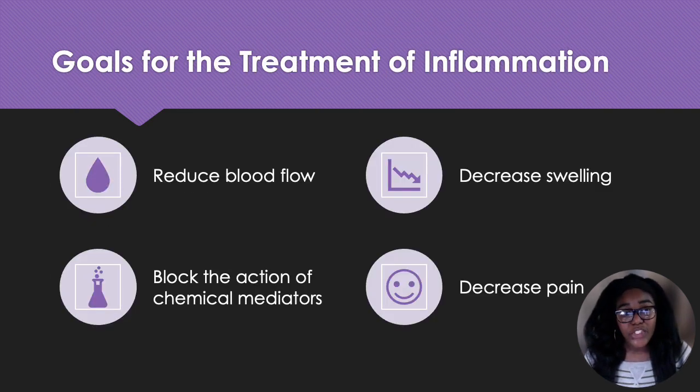So now we're looking at treatment of inflammation, and these are just generalized goals for the treatment of inflammation. After a certain point, inflammation does become painful and it is tedious to deal with for that individual. So you want to help reduce that process as a treatment plan. You don't want the body to overproduce or overdo the inflammation response, because too much of that inflammation response can cause issues as well. So what you want to do is help to reduce the blood flow. You want to decrease the pain at the site of injury. You want to help to block those actions of chemical mediators, and you will want to decrease the swelling at